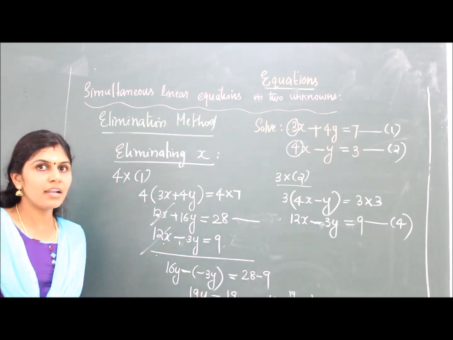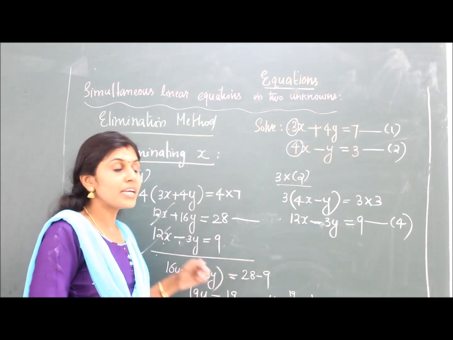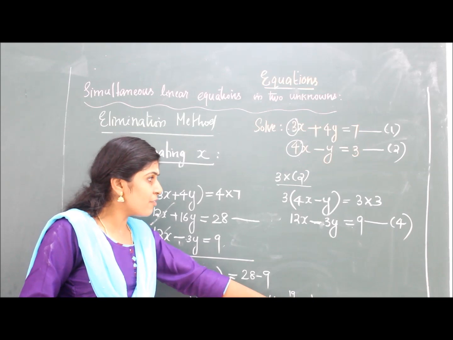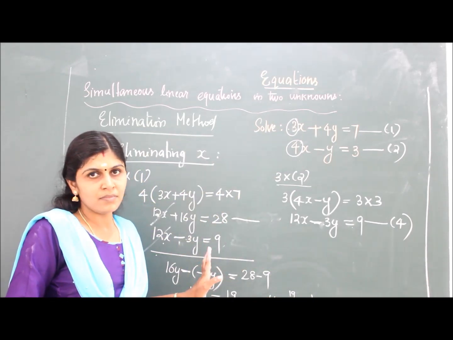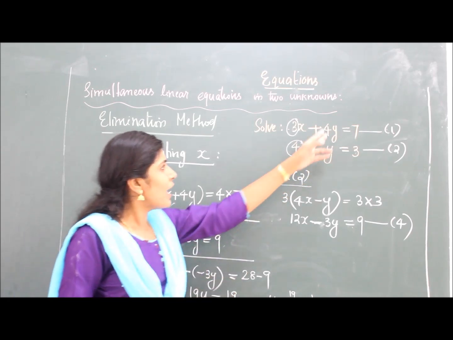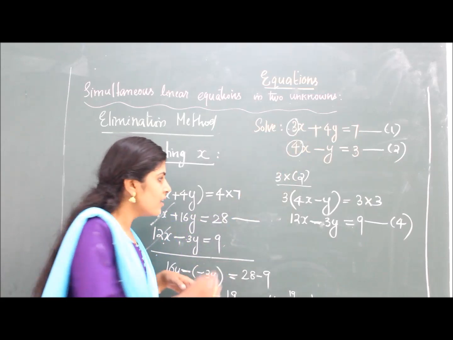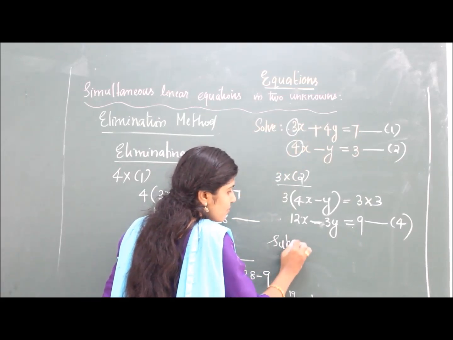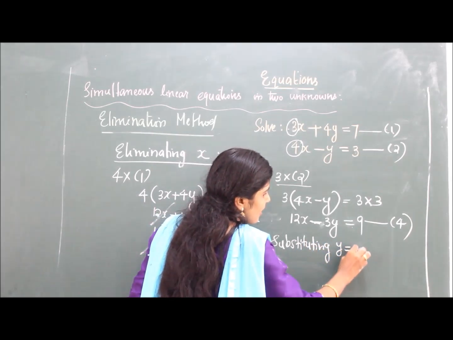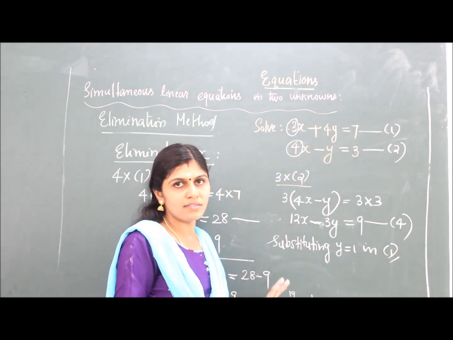So now we have the value of y here. Now what you have to do? You need x also. So in order to get the value of x, you substitute the obtained value of y in any one of the equations. Okay, either one, either 1 or 2 or 3 or 4, but it is always easy to apply in the first two equations. So better you choose any one from these two. Okay, so here I am substituting y is equal to 1 in equation 1. Okay, if you want, you can substitute equation 2 also.